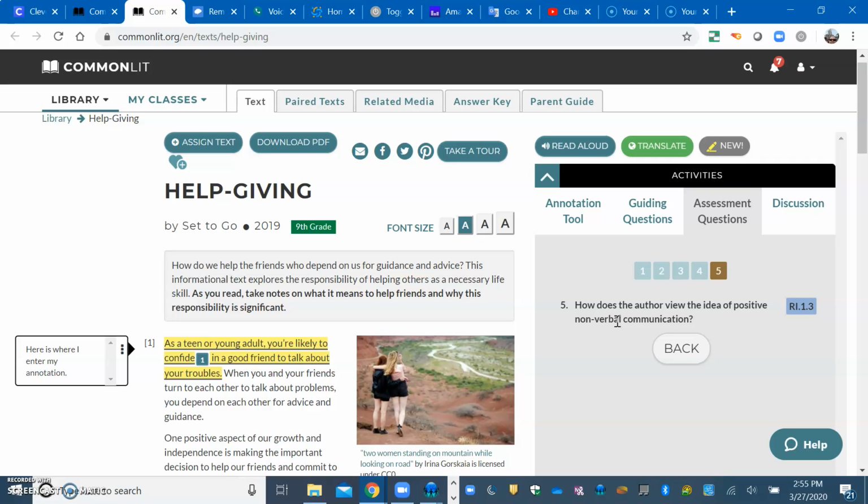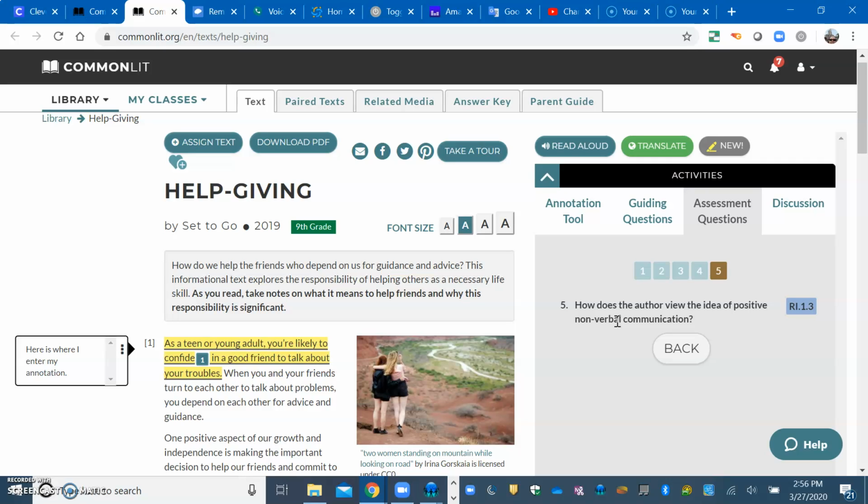And again, I'm going back to FSA. You guys still have to pass that next year. So it's super important that we're using that text evidence, that we're always reading directions, and we're doing exactly what it says. Now, last thing, there are a couple of cool things about CommonLit that I want to show you